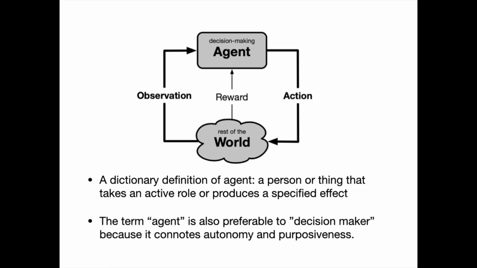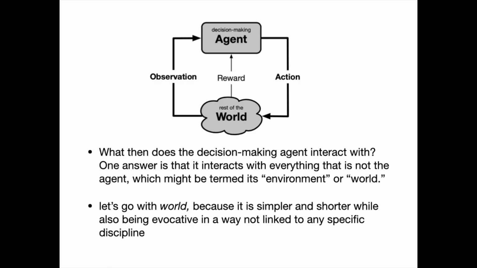A dictionary definition of agent: a person or thing that takes an active role or produces a specified effect. The term agent is also preferable to decision maker because it connotes autonomy and purposiveness. What then does the decision-making agent interact with? One answer is that it interacts with everything that is not the agent, which might be termed its environment or world. Let's go with world, because it is simpler and shorter while also being evocative in a way not linked